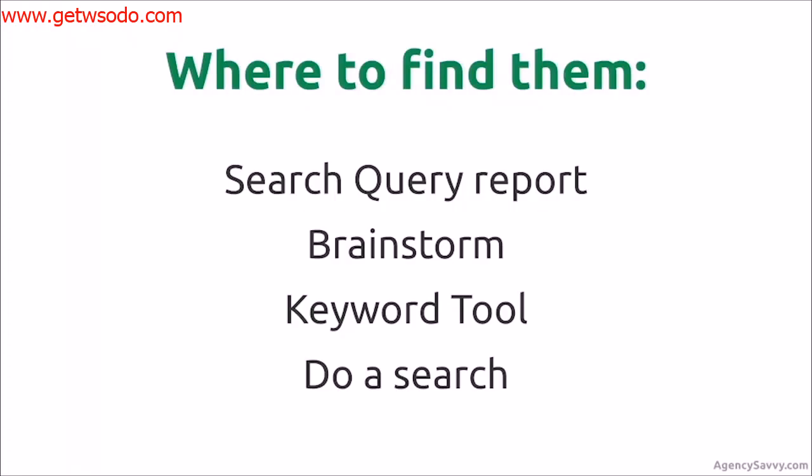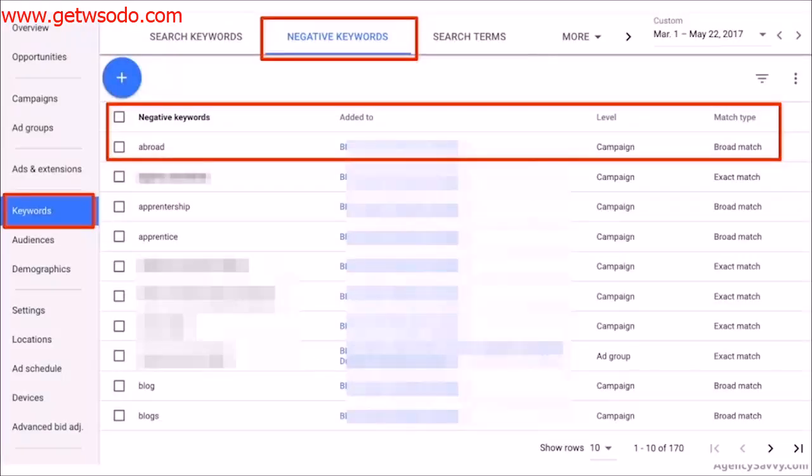And if you were selling parrots, you wouldn't want to show ads for people searching for radios for their car. How you do this in your AdWords account, again, it's under the Keywords tab over on the left-hand side there. And then second one along across the top there, negative keywords. And if you want to add new negs to your campaign, then you're going to click on the big blue